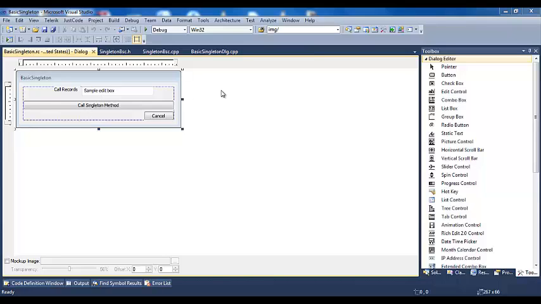So what does this application actually do? When we click on the call singleton method button, it will invoke the public method in the singleton class, which will return how many calls I have made to that function, and this will be updated here. I will come to this after we walk through the code of our singleton pattern class.